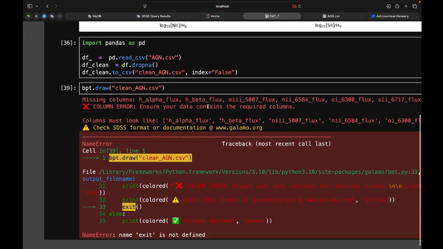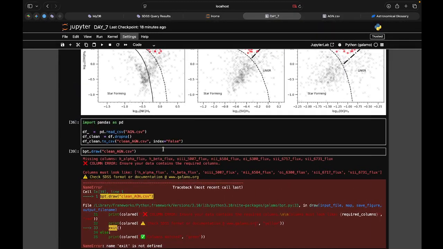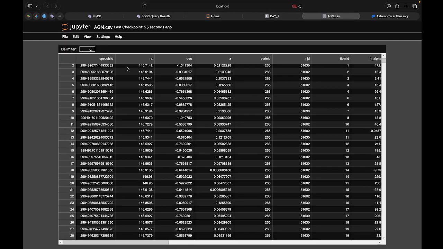Okay, so now there are some issues. It says, oh no, I guess we made some mistake. It says that these columns are not there. So check the SDSS format of documentation at glamour.org. Missing values. So I guess we deleted the columns with the none values. But we wanted to delete